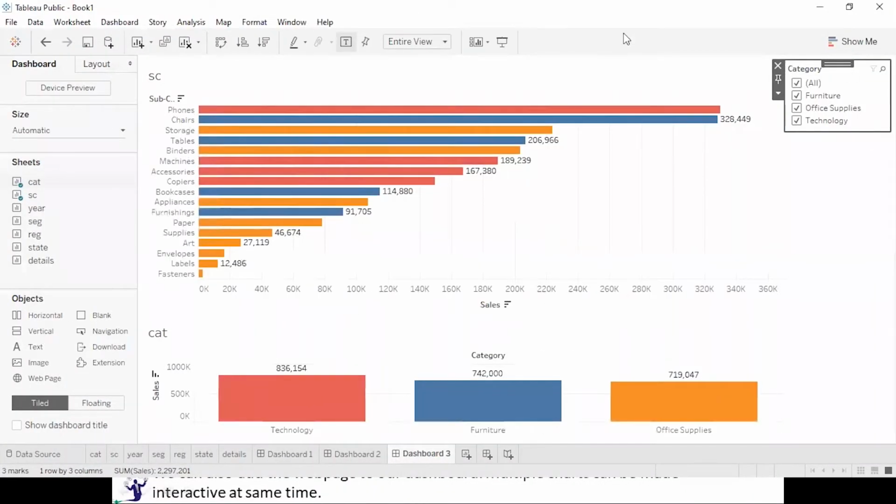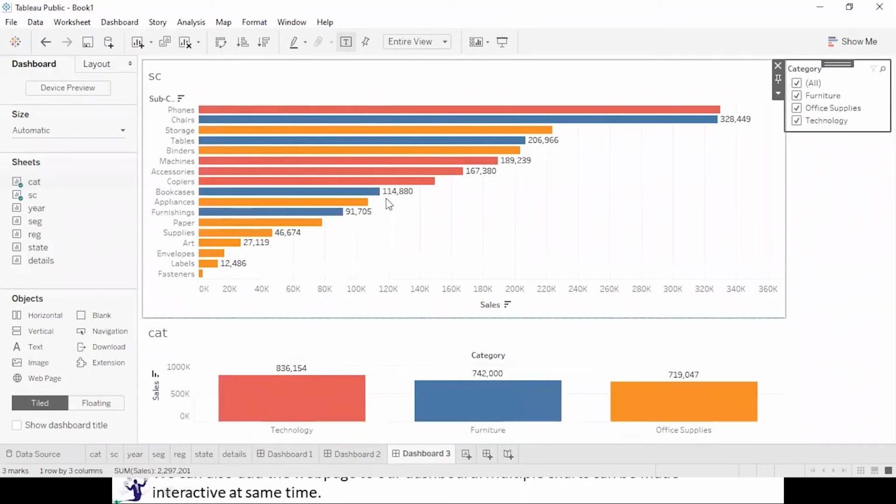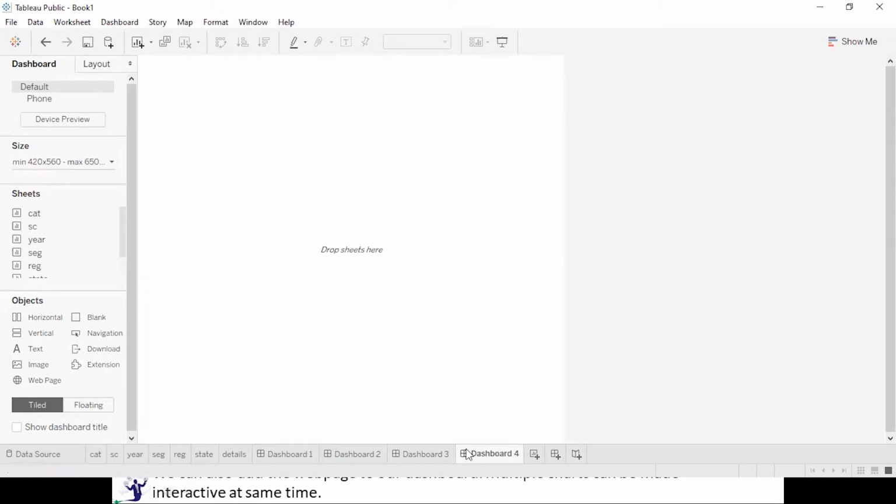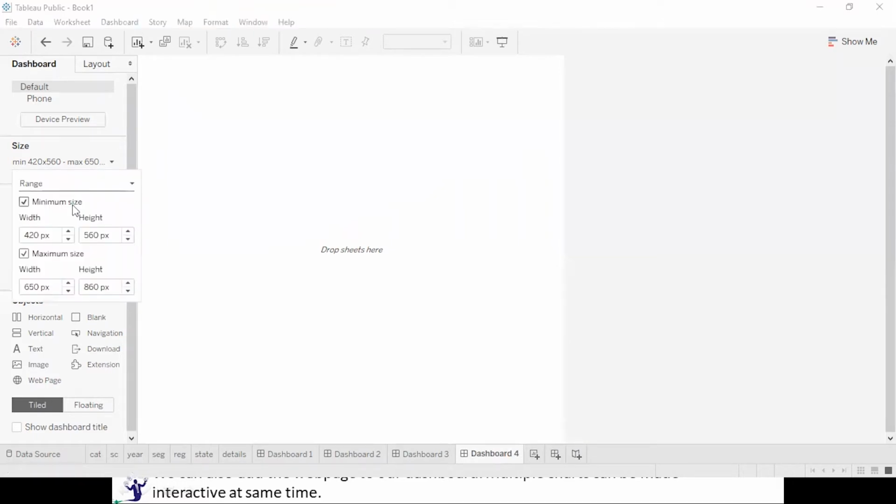Okay. Now let's see what is remaining, the extension. As of now, you have observed that the height of the plot area is being changed. As I have taken the vertical alignment, it depends on the requirement. If you take the horizontal, the width will be increased or decreased. Right. Let's take another example. I will take one more dashboard over here. The first thing we do after going to the dashboard is making the size automatic.